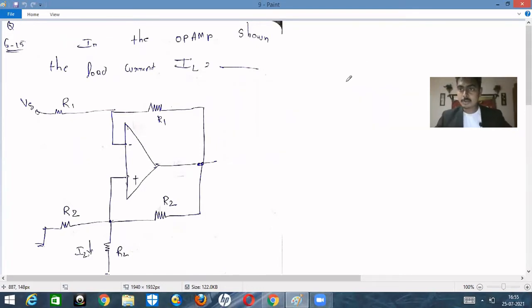So this might be the last lecture on operational amplifier, right? In this problem we will see the problem that is appearing on the screen, and then I will discuss what we need to do when transistors come into an operational amplifier. By that I will wind up operational amplifier, and then I will move on to what we call timers and oscillators. The IC555 timer is one of the very important concepts.